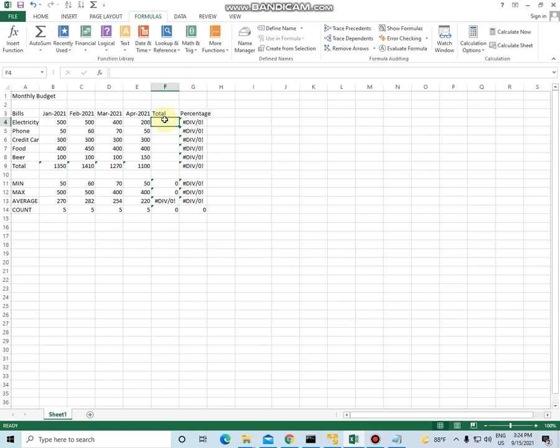Take a look. I am on cell E4, and if I click the AutoSum button, the range of cells is correct. Hit Enter and we got the correct result. The same thing for the E5 cell. Click on AutoSum, the range is correct, Enter, and we got our result.